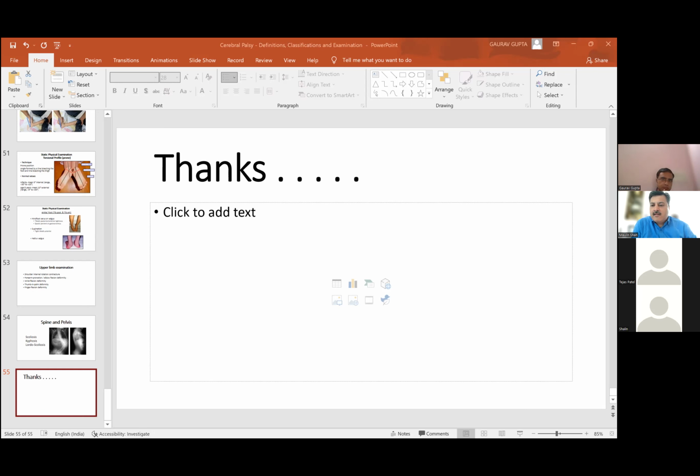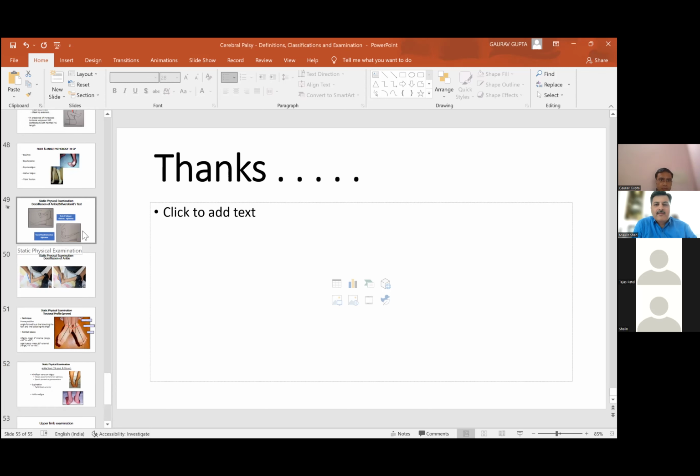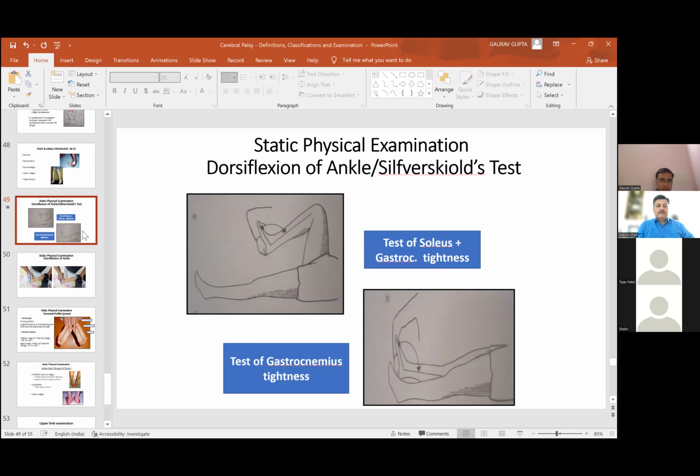So for TA, to differentiate whether you do silverskiöld or you see R1, R2, I think these are two different things. Gaurav can answer this. Yes, so R1, R2 is basically the change in ankle dorsiflexion. So I check R1, R2 in knee extension, with slight inversion. I check the ankle dorsiflexion